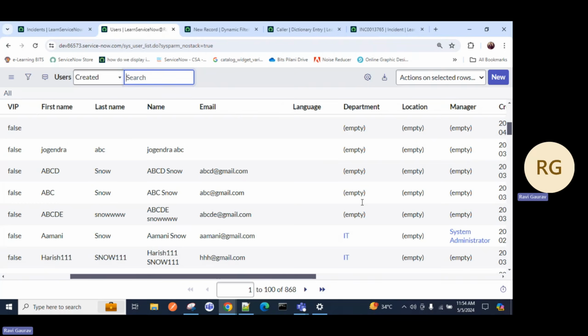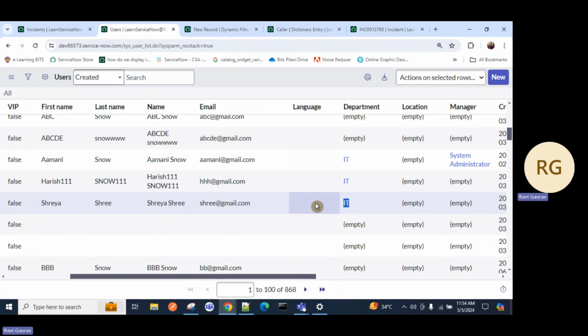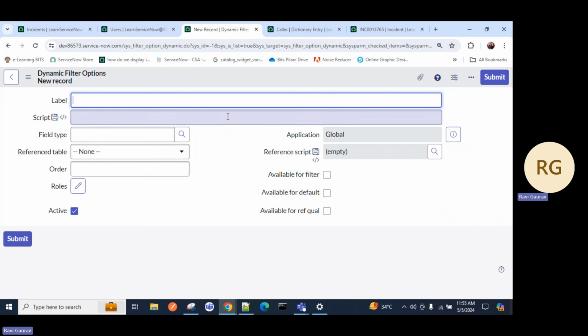Yeah, the department is empty. Some departments are not empty. So it will display all those departments which are not empty. We can write a logic based on the department filtering. So how can we do it? Here we will put